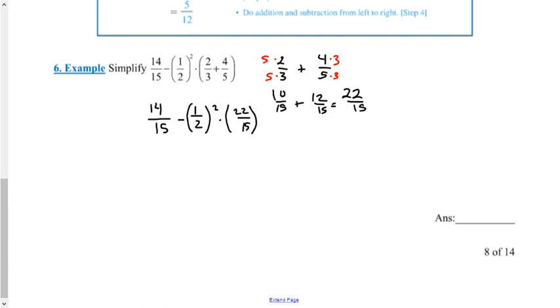So the next thing that we're going to do is this right here. Notice that the half is outside the parentheses, therefore it will not be included. So I've just got to do 1/2 to the second power. Well, that's 1/4. So I'll just put that right in here. Put that times 22/15